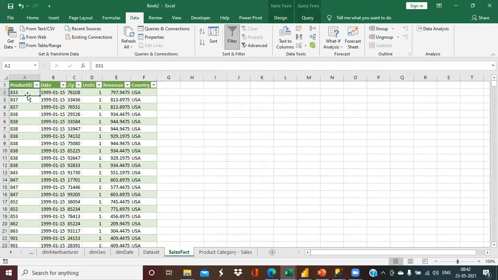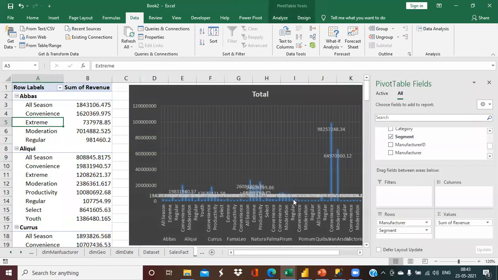So the question that came to my mind is how to create the relationship between the geo table and the sales fact table, because there are no two common columns between the geo table and the sales fact table, and there is no chance for associative tables either.